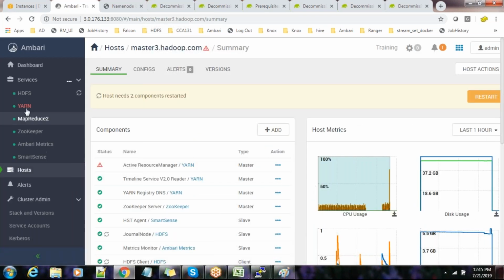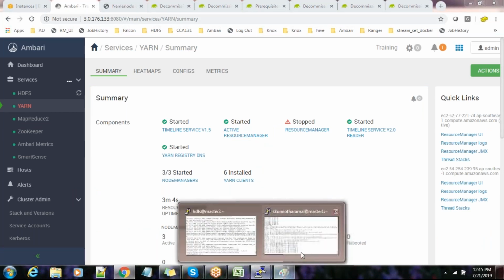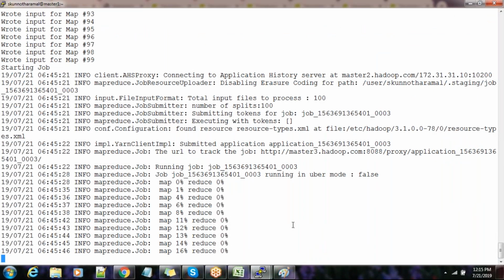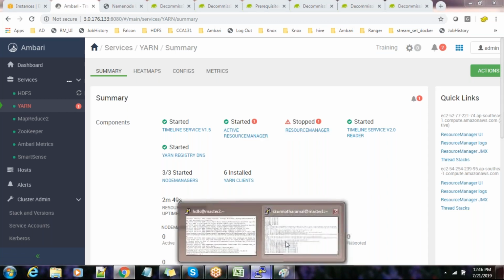Okay, so the active one is down now, but this time the standby will change to the active state. Now if you come back here, this should progress. Maybe a few seconds delay will be there. This is active, and then